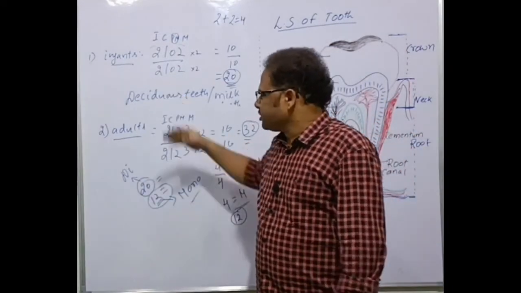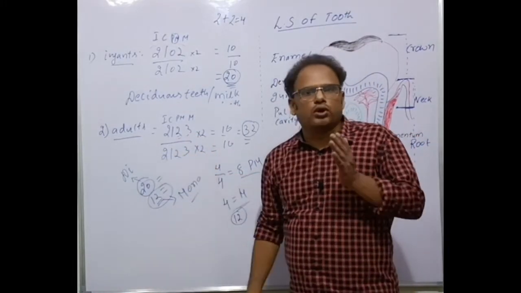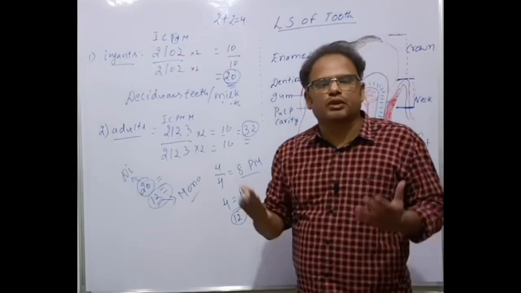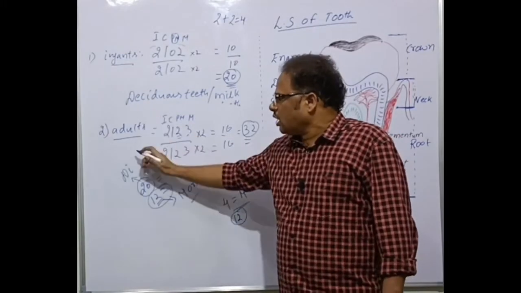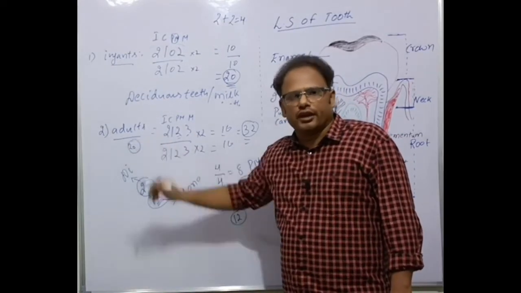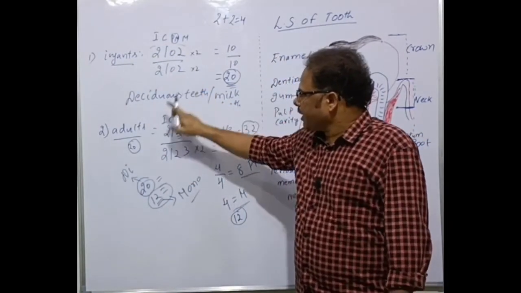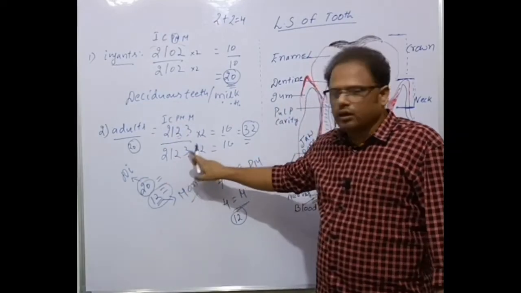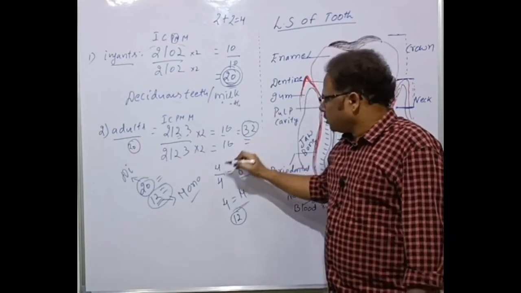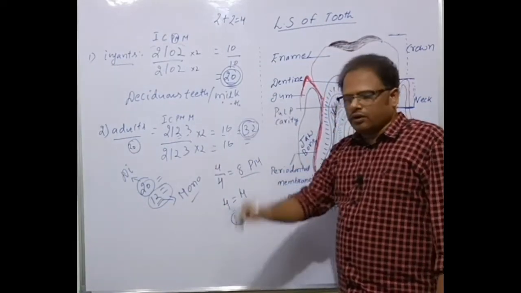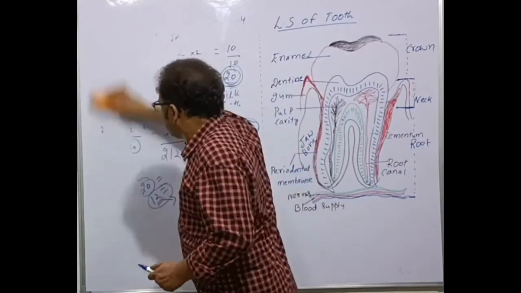So overall, what is the impression? Heterodont dentition, why? Because 4 different types of teeth are there: incisors, canines, premolars and molars. It is also called diphyodont dentition because at least 20 teeth are replaced by the permanent teeth. You're getting the point. So what is the dental formula of the infants? 2102 by 2102. Whereas in the adults it is 2123 by 2123. In infants there are 20 teeth, whereas in adults there are 32 teeth. Okay. So how can you describe the dentition of the mammals now?